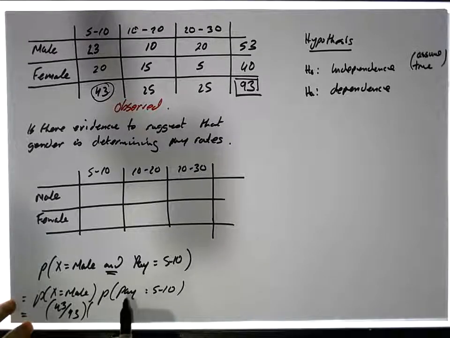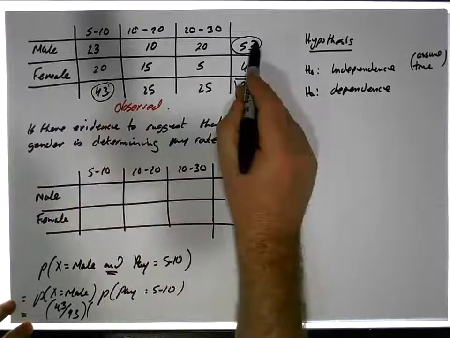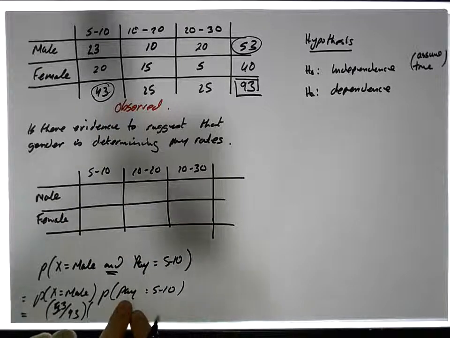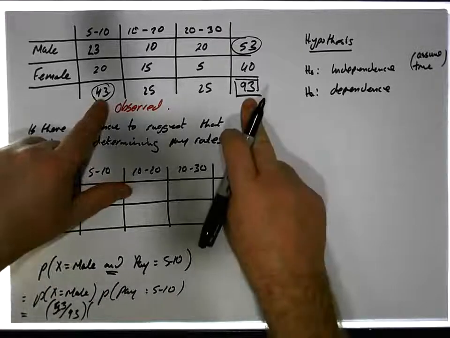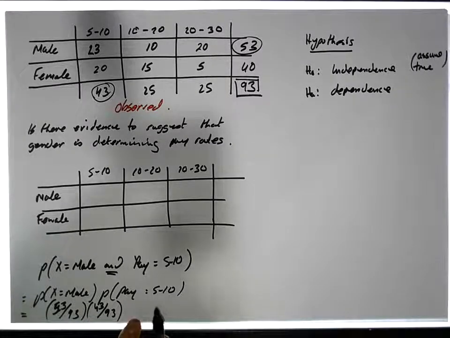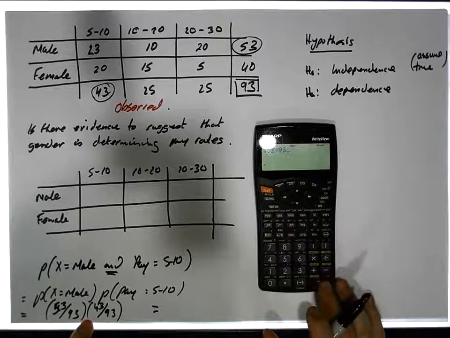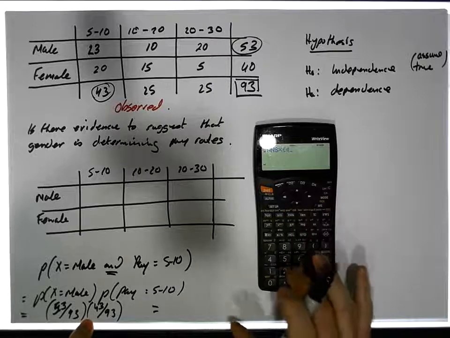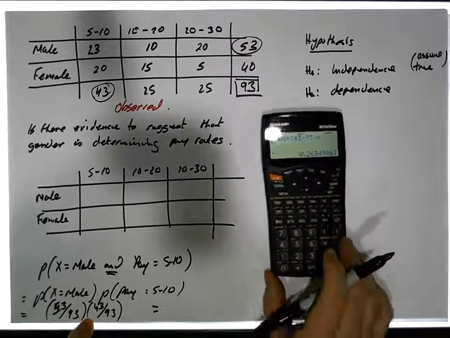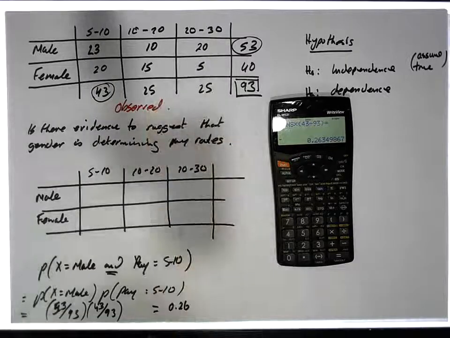Sorry, there's 53 males. There's 53 males relative to 93. And the probability of being paid between 5 and 10 euros is 43 relative to 93. So the actual probability is 53 divided by 93, multiplied by 43 divided by 93, which gives us, overall, we'd expect 0.26 of the 93 to be in this particular category,